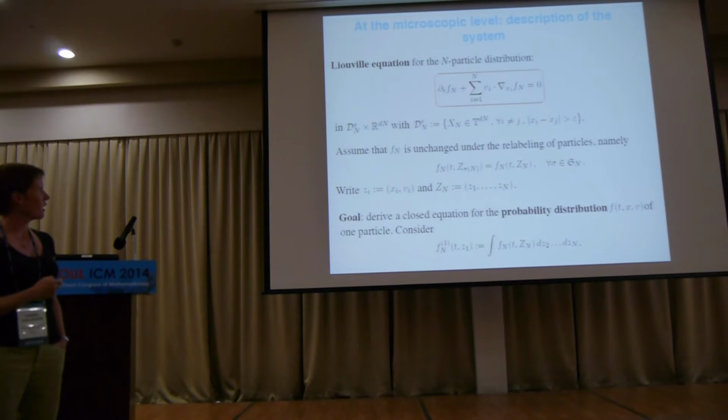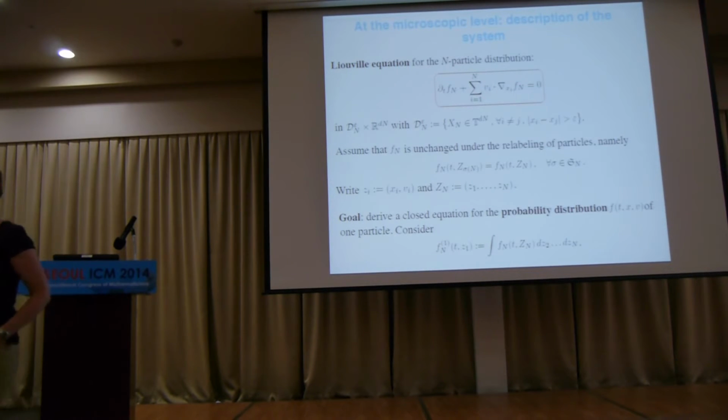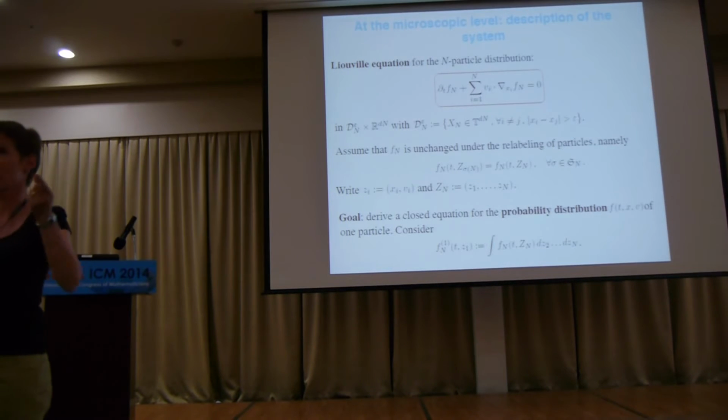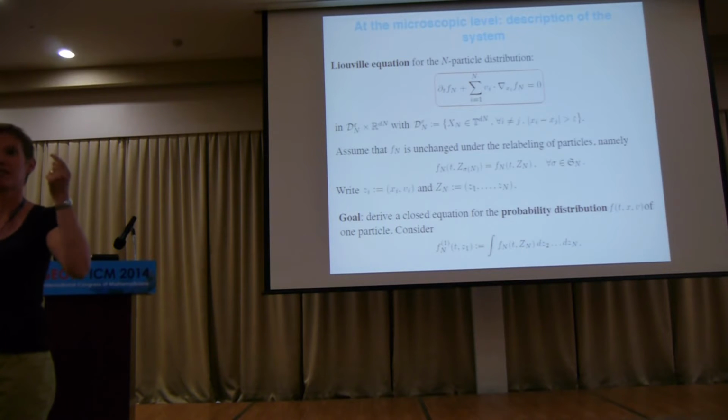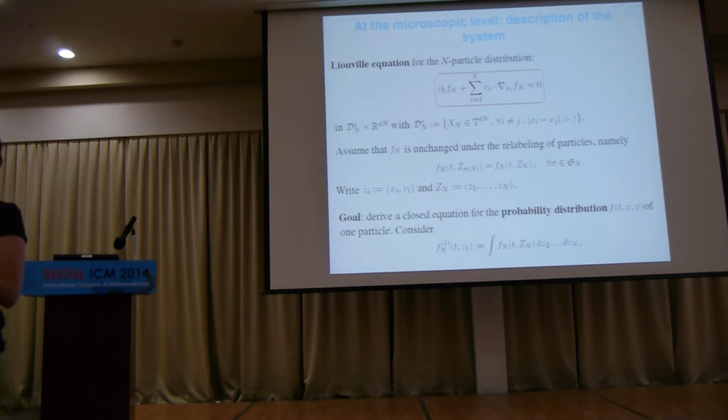Okay, so I need a boundary condition. The boundary condition is just saying if I have F_n computed at a family of points where |x_i - x_j| is exactly epsilon, if my velocities are going out, I should compute F_n at the same value as if the velocities were going in through the reflection condition. Okay, that's the boundary condition. Okay, if I know F_n going in, I know F_n going out, it's the same.